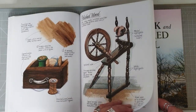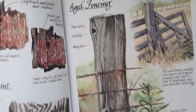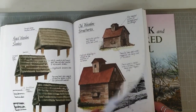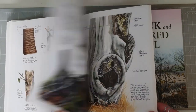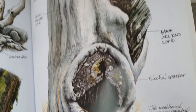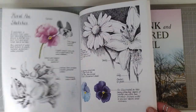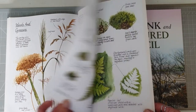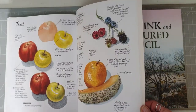Then it moves on to wood grain. So you've got a whole section on wood grain. That's lovely, isn't it? If I bring that up, you can see all the texture that shows in that. Different types of woods. Then we move on to trees and bark. So we've got quite a lot here. Oh, that's just stunning. So I can see that this book, foliage, is going to give me lots of ideas. Then we've got some florals, leaves, weeds and grasses, moss and ferns. Then we've got lichen and mushrooms, a little bit on still life,